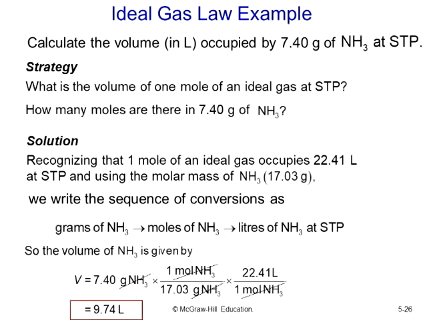We also just like to show you a map for doing this. Some people like to see the maps. Again, you can do these the way we've done them already by simply putting in the equations, but I wanted to show you other routes to doing these problems. But in the end, we find that V equals the grams times the conversion to moles, which is 1 per 17.03, times the conversion to liters. We basically set up a dimensional analysis and punch the numbers through. And we get 9.74 liters.